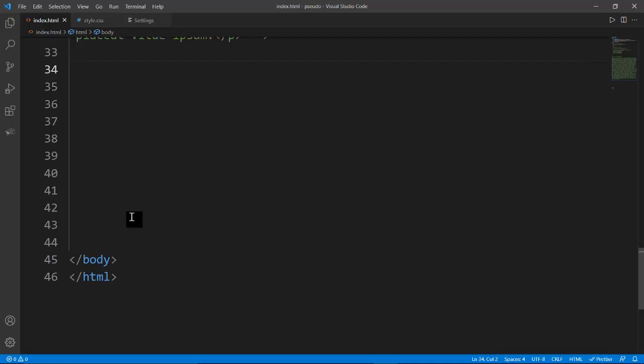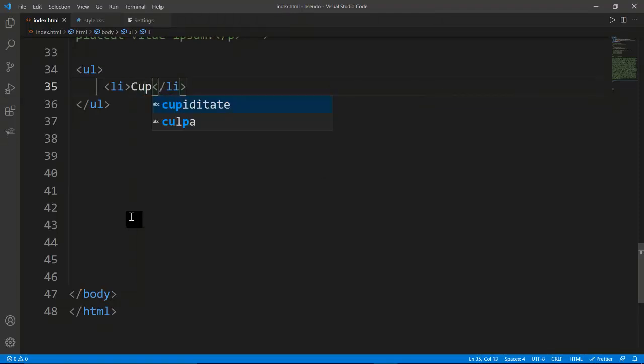Okay, the marker is also a pseudo element that selects the markers of the list items. So first of all, I'm going to use ul li, and then I'm going to write some li's like 1, 2, cup, and then cake,